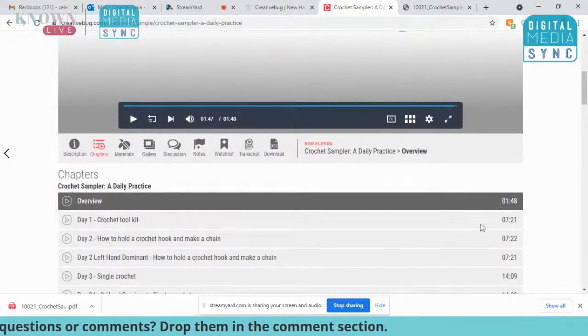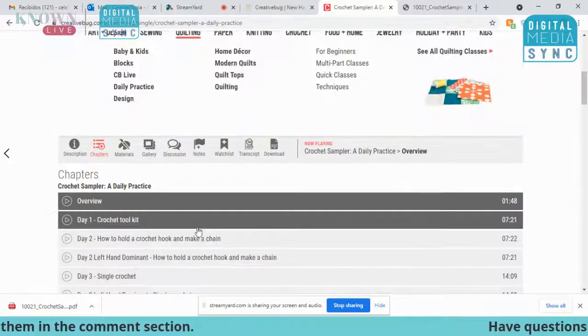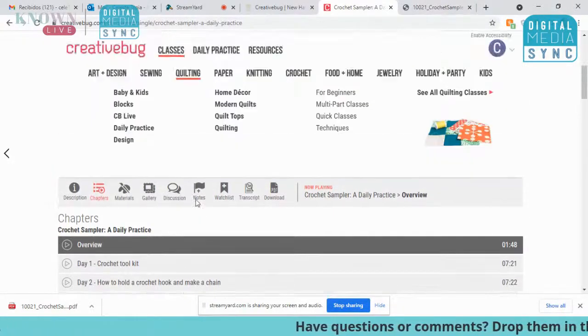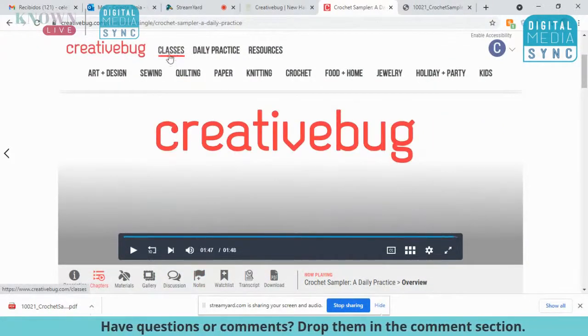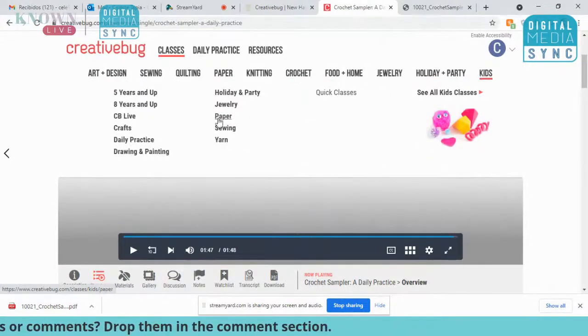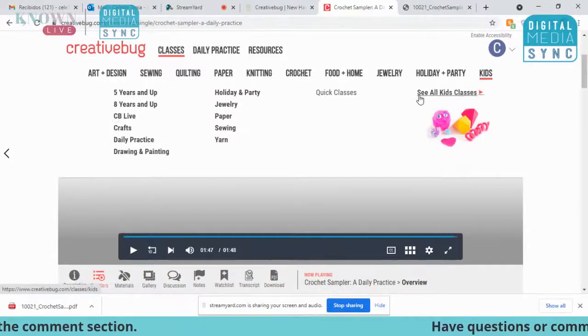It just gives you an overview, and you can keep watching. But then if you want to go back to day 2, day 1, you can just watch it again. So it's pretty awesome. All right. So we were here in classes. I already mentioned all these different categories, and then in here you can actually click on each one. You can also click on see all,